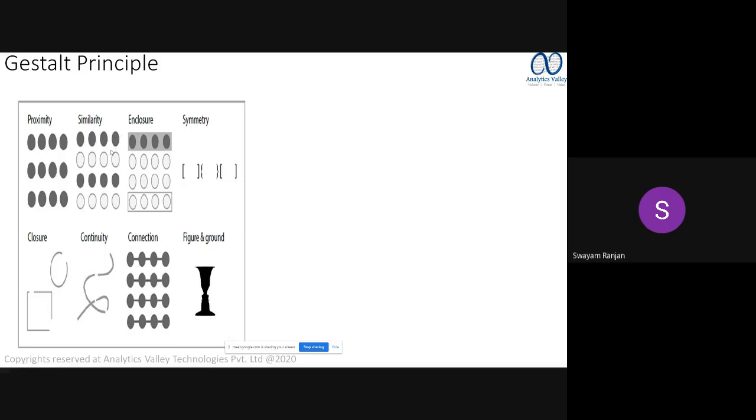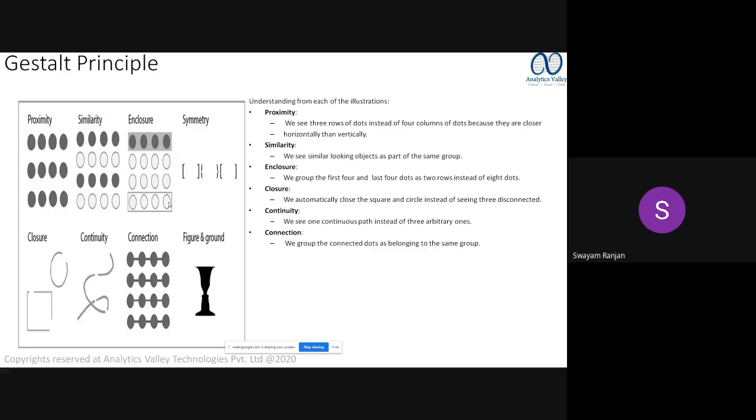You try to identify, while doing clustering, what is symmetry, non-symmetry, closure, continuity, continuous graph, non-continuous graph, connected, non-connected figure. These are the Gestalt principles you use to design best practices whenever you go for designing a graph.